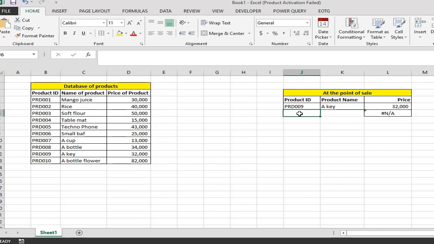So for instance, if I say product ID 3, so I say product ID 003, here's what happens. It will give me 50,000. But because this 50,000 here, and this is of course soft flour,